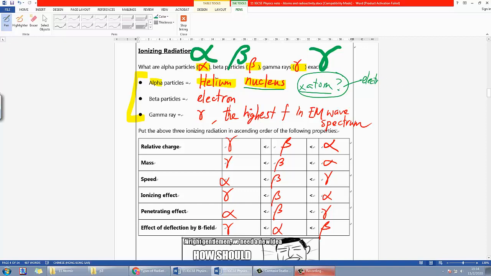So for the alpha particle, if you know or if you have read just now, it is charged 2+. So it's really a helium nucleus instead, because a helium atom, which consists of the electrons, will be neutral by its nature. Okay, so it is not a helium atom, it's a helium nucleus, so that it is 2+,